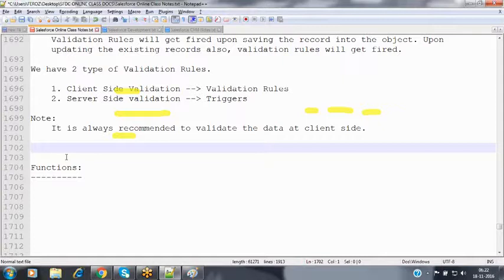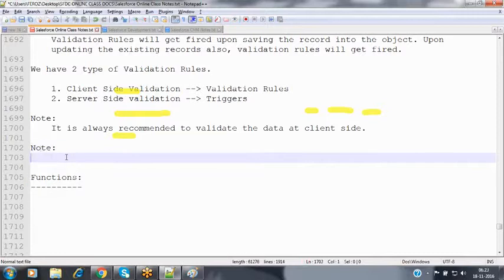For that, we can create multiple validation rules on a single field. To verify whether the user has entered the username or not, we prepare one validation rule. To verify whether the username has a minimum of 8 characters and a maximum of 20 characters, we write one more validation rule. Like that, on a single field, we can write multiple validation rules. Then how many validation rules can I have per object here?